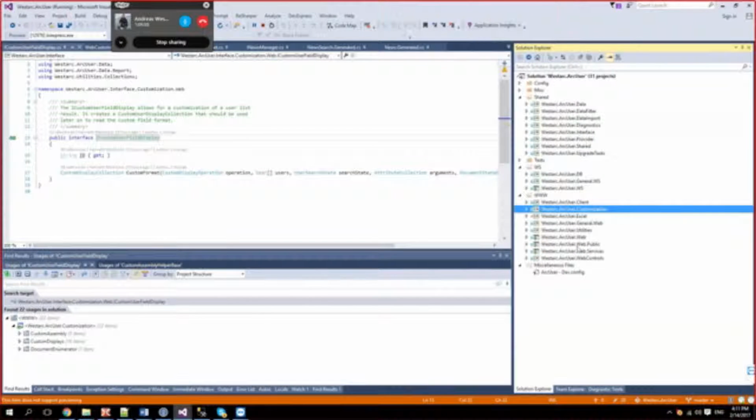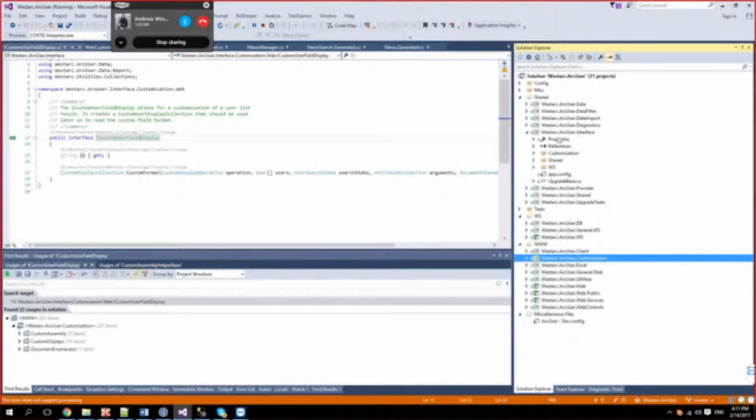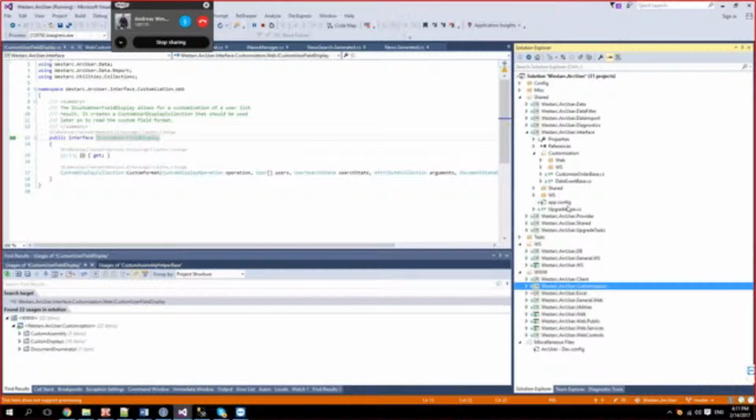All the module interfaces are located in the interface project, interface customization web. So here we go, interface customization. And we've got web, we've got web service, and we've got two in between those two that could be used on both ends of the application.